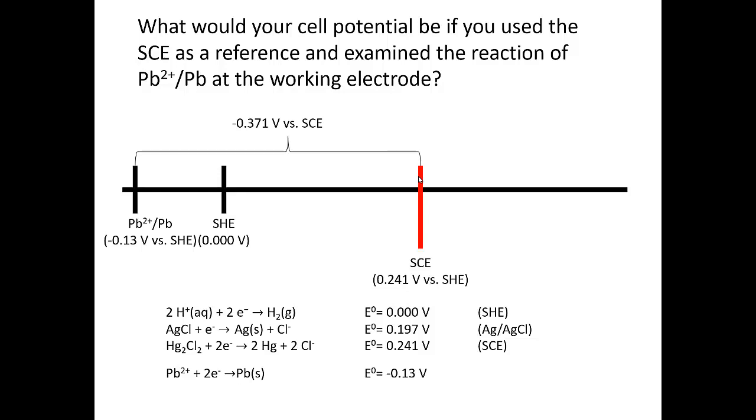However you need to do it, figure out what is going on here and how you're able to make those comparisons. It'd be helpful if you're able to tell that lead is supposed to show up at negative 0.13 volts compared to my standard hydrogen electrode, but compared to my saturated calomel electrode, it's going to be negative 0.371 volts. Alright, so now let's look a little bit closer at specific subtypes of electrochemical experiments,